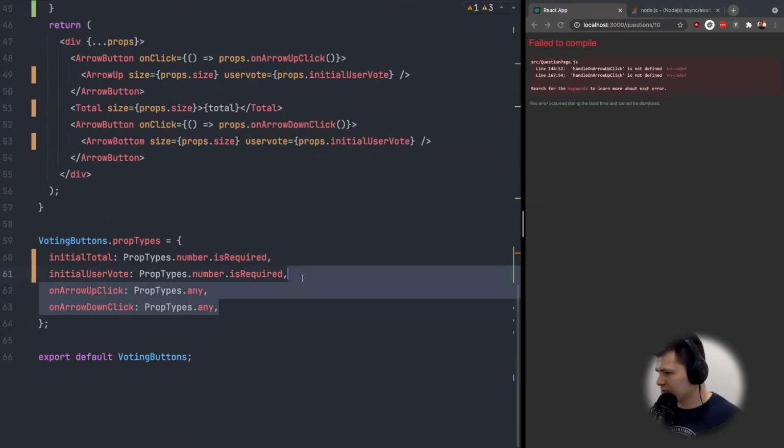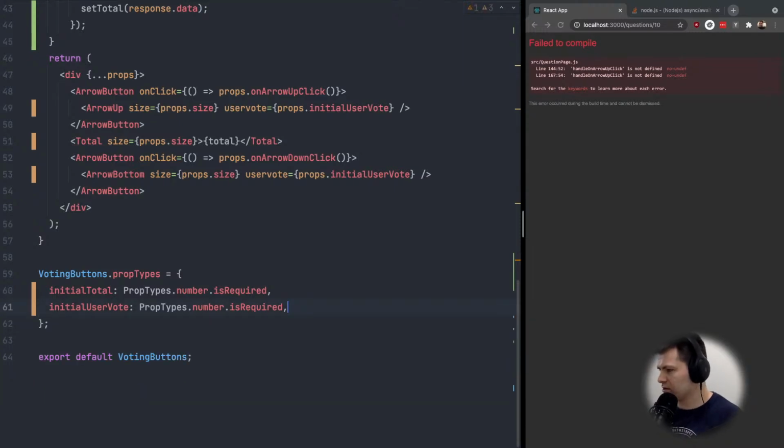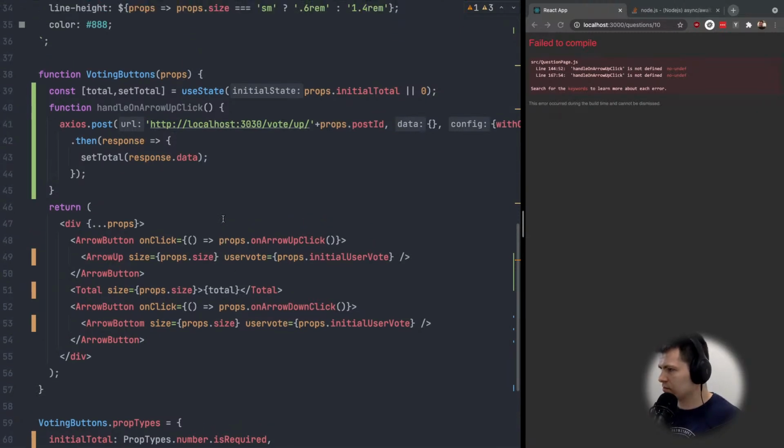Let's remove those two, because those are not required. Those should not even be provided to this component now. So I could copy this function to make also the version with down voting, but to not copy paste